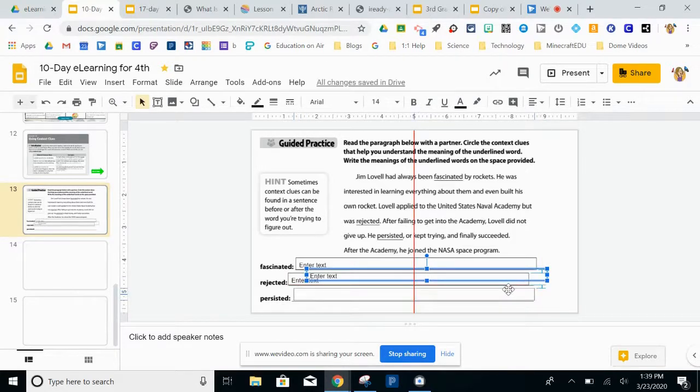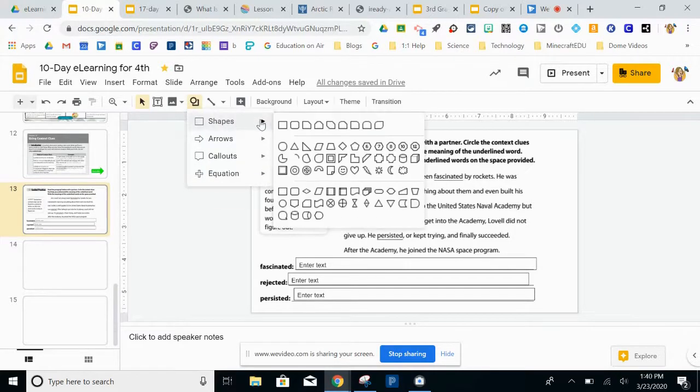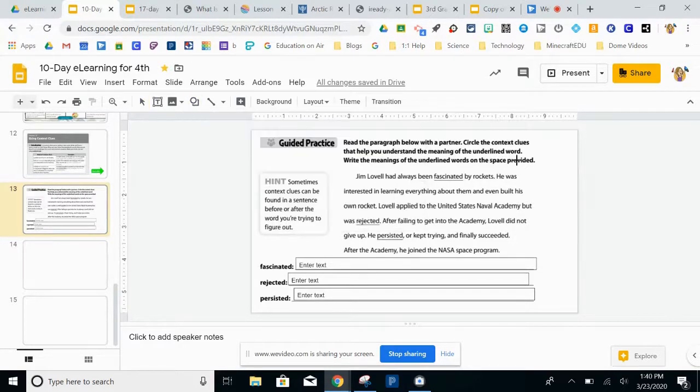That right down there. All right, now one thing that kind of got me with the iReady that I was using is that you have to read the directions. It says circle the context clues that help you understand the meaning of the underlined word. Write the meaning of the underlined word. So if you want your students to be able to circle, the way I did that was I inserted a shape